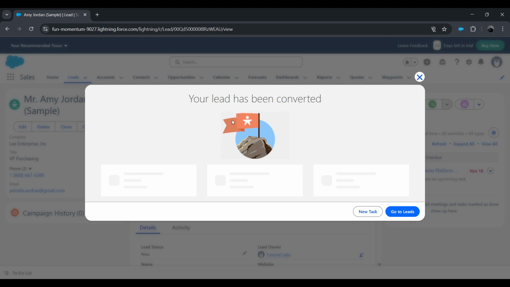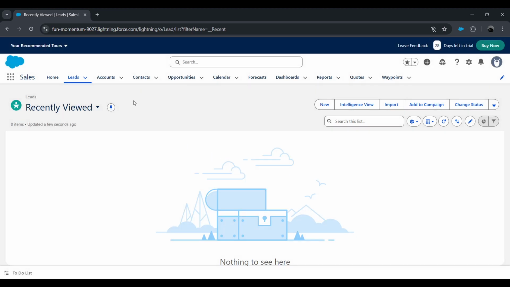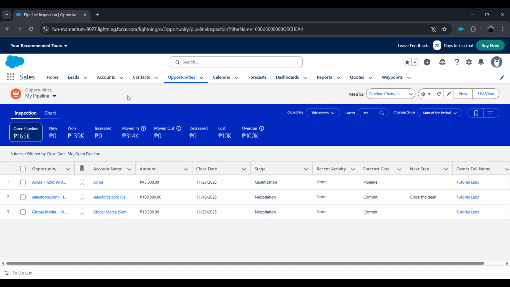Here's what happens next. Salesforce automatically creates related account, contact, and opportunity records based on your selections. These records are immediately searchable and ready for your next sales steps, allowing your team to move forward without missing a beat. You've now streamlined your lead conversion process, ensuring qualified prospects move smoothly into your sales